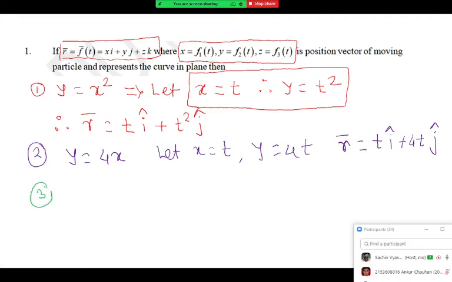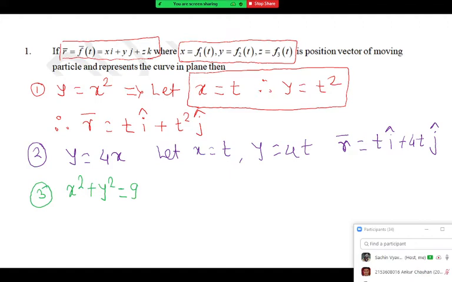Third, say x square plus y square is equal to 9. Now this is a circle. So can you guess now what the parametric equation of a circle should be? x is sin theta, y is cos theta. If x is sin theta and y is cos theta, what will happen? sin square plus cos square theta becomes 1. 1 equal to 9. Is it true? No, sir. 3 sin theta and 3 cos theta. Very good. That is a correct answer.